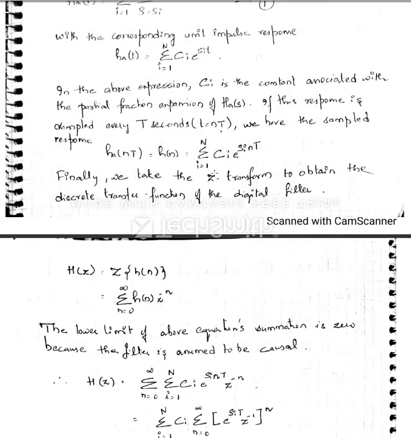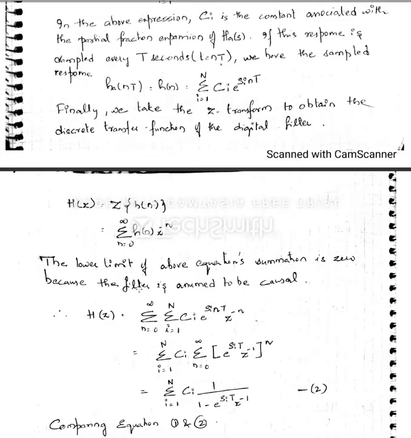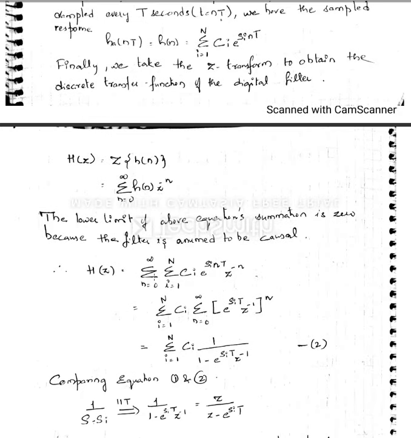Now we are going to take the z transform in order to obtain the discrete, that is nothing but H of z. So H of z is nothing but that, this also we have written, it is the z transform of your h of n. So when we take this, we are going to make some substitution, since the system that we are considering is a causal system. We are starting the lower limit from 0.